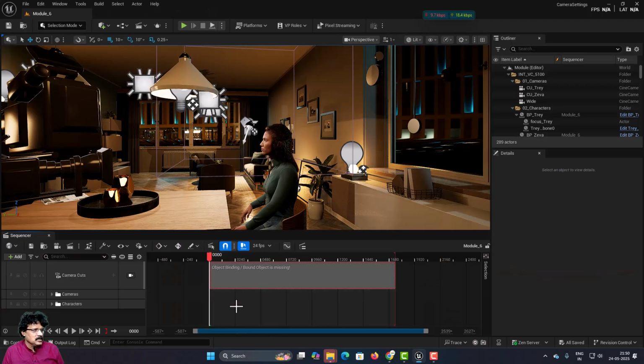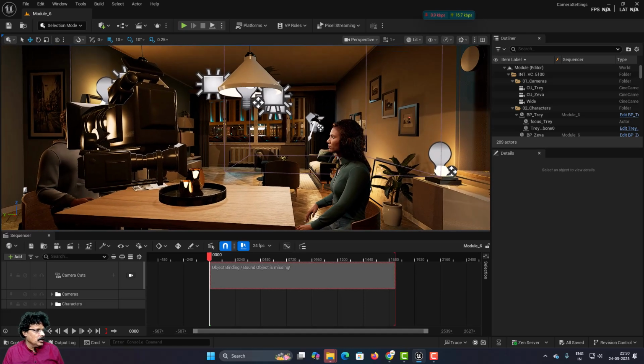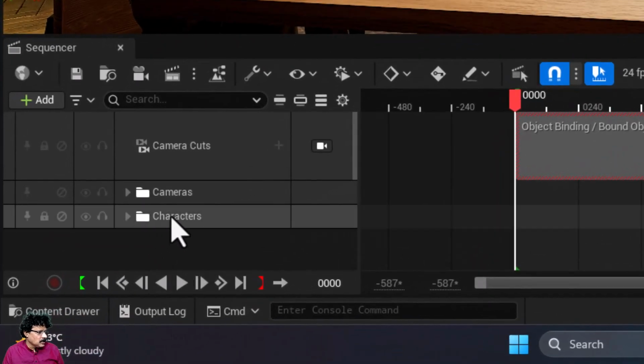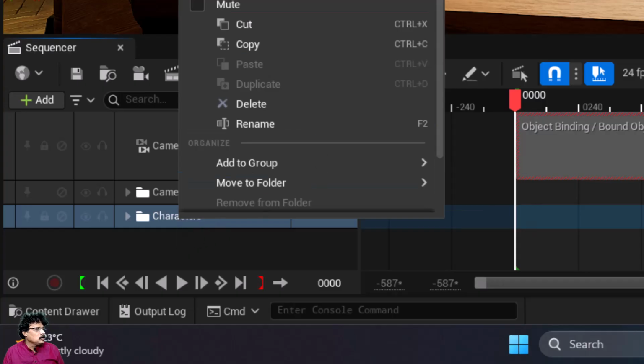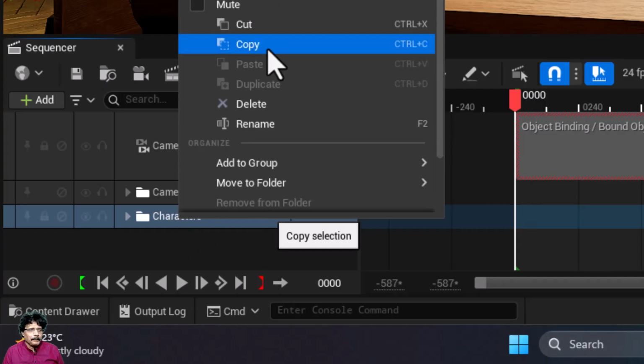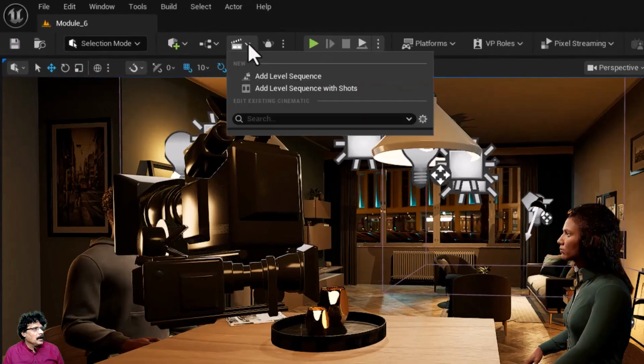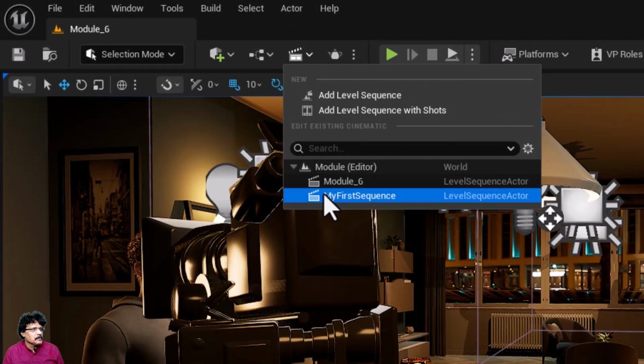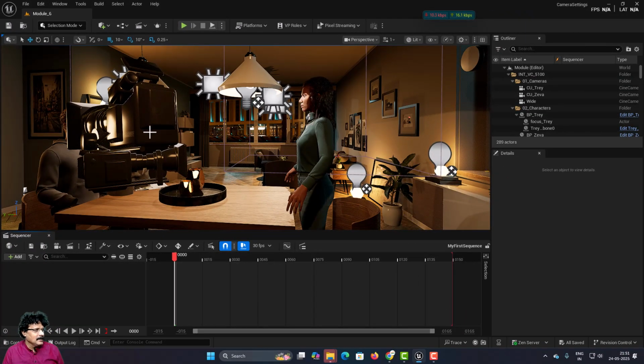In this sequencer you can see that both the characters are sitting. I will right click, turn and show it. So the control rig is applied. I will come into this sequencer and you have this characters folder. I will just select this, right click, and choose the option copy. Copy this. Now come into your sequence, my first sequence, and here you can see one character is standing, one character is sitting,